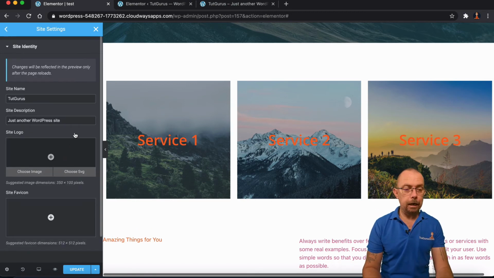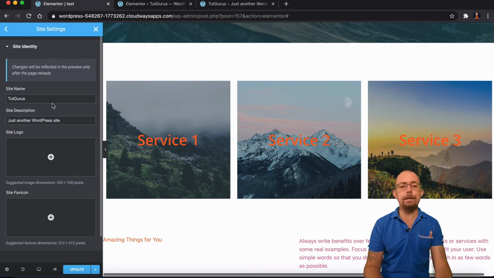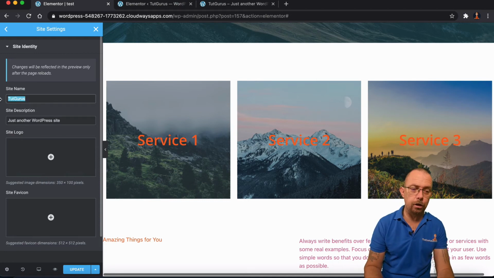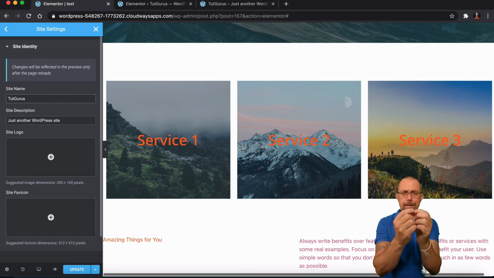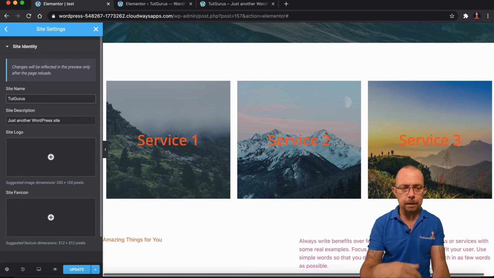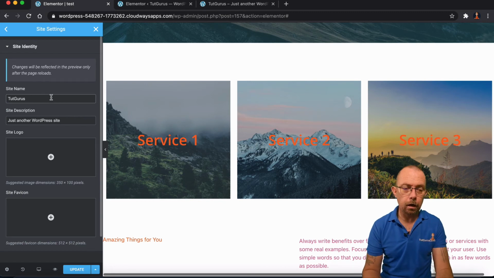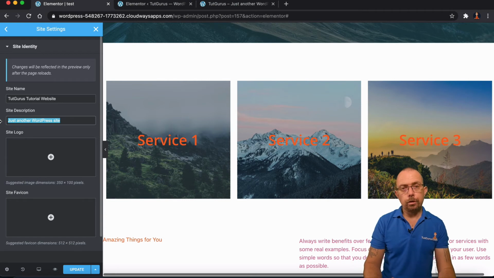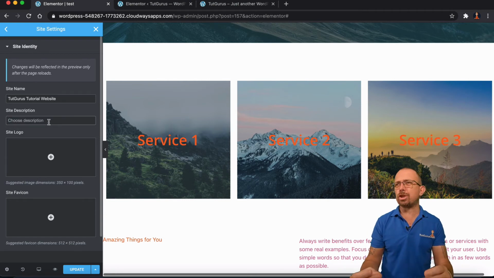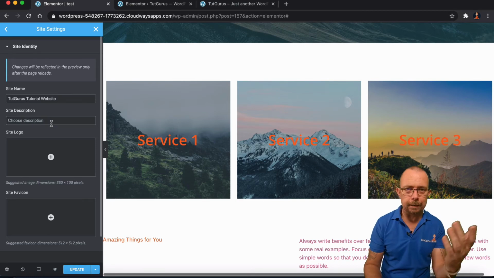Site identity, another beautiful one. Now, site identity is the name of the website, so you can call it Tech Gurus, and this would be the actual SEO title of it. We can change this in the back end, but whatever you put in here, this is what will appear. So Site Gurus tutorial website, I could do like that. I could also do a site description, where you can add something here, or you can get rid of it. You could put like your one-stop place for tutorials as an example.